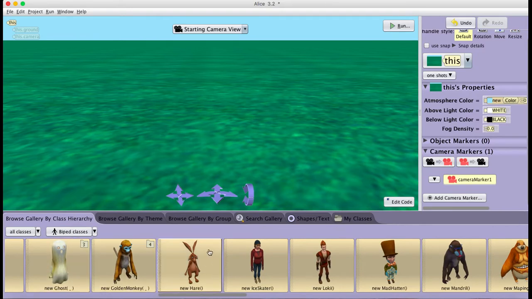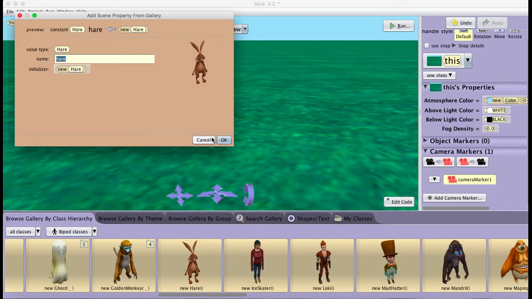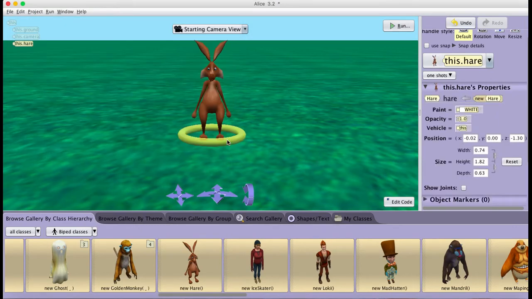and find the hare, which here it is, the option to make a new hare. So I'm just going to drag that out to about there, and I'll just keep the name the same, then press OK. And now, so that later if I move the camera in order to see certain movements better, I